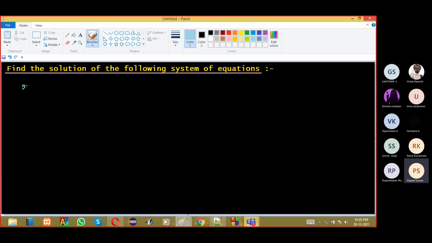Suppose I'm saying x plus y plus z is 0, 2x plus 3y plus 4z equal to 0, and I'm saying 5x